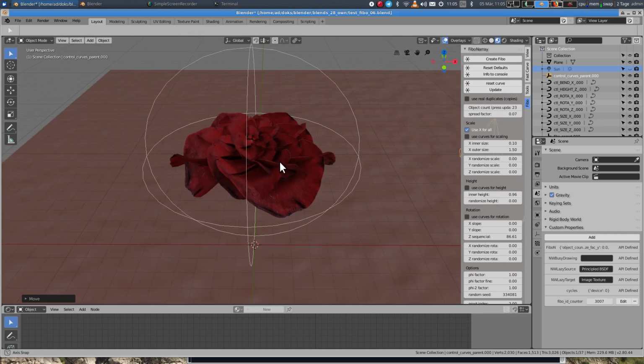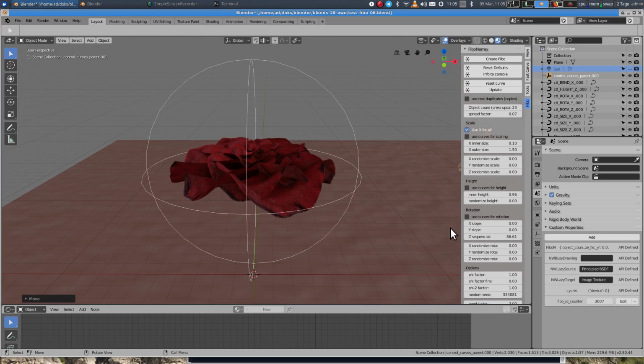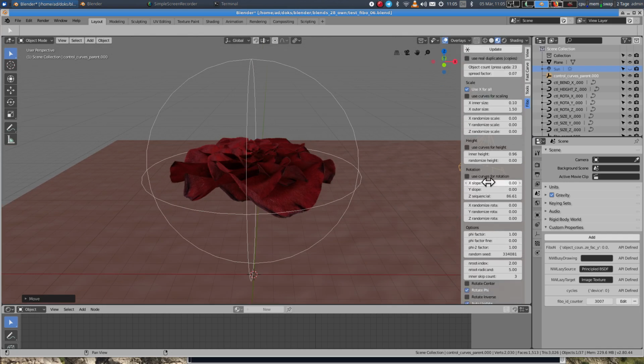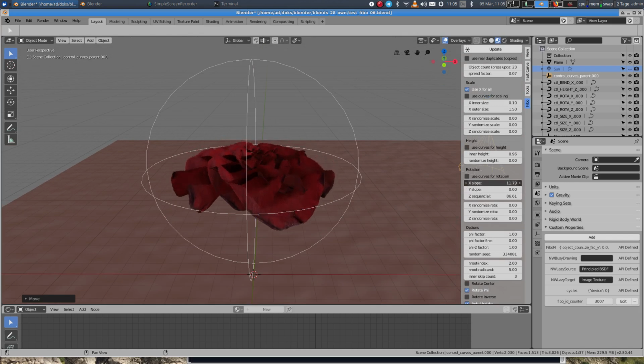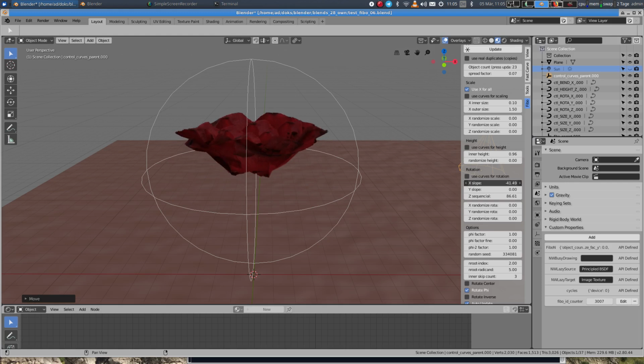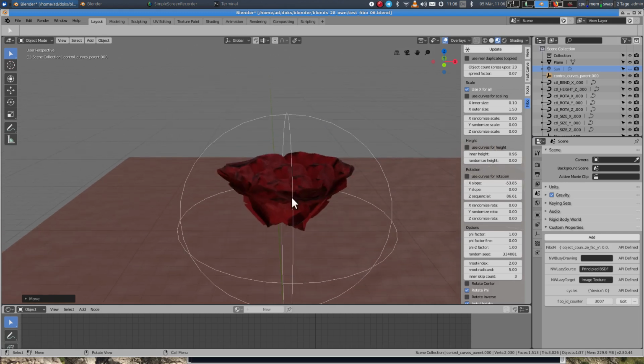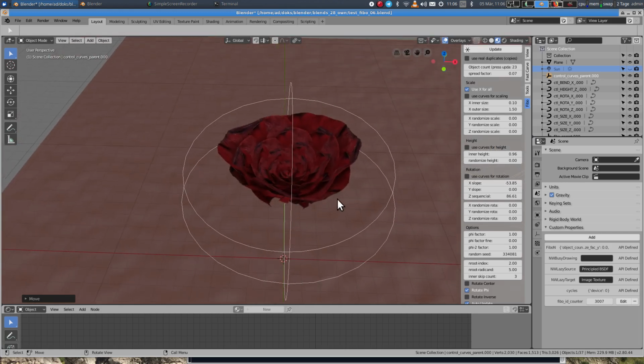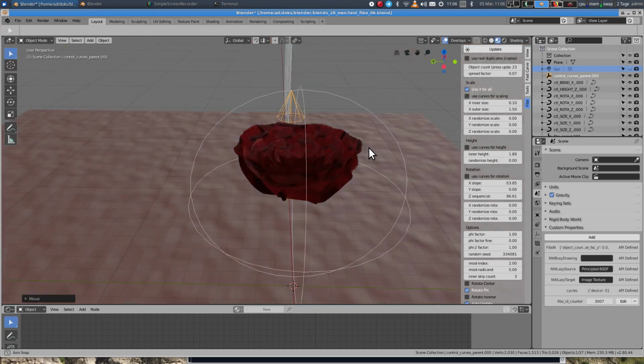And now I want the leaves to point upwards, so I change the rotation slope X value. I can make them go down or go up, and I want them to go up. Okay, very nice. Add a little bit more height,